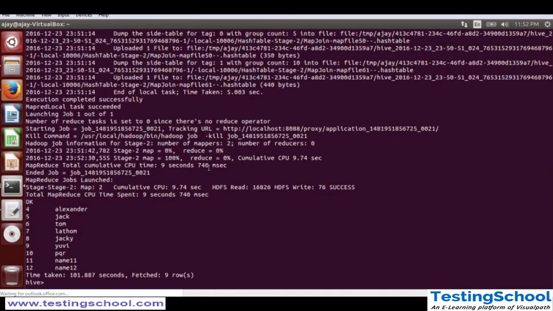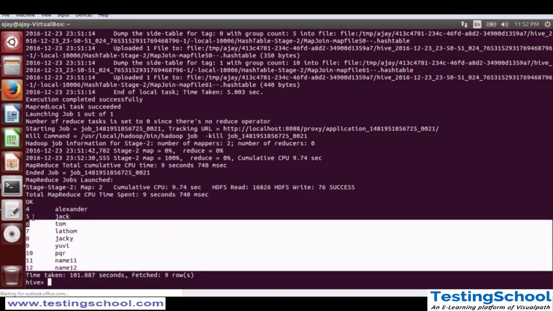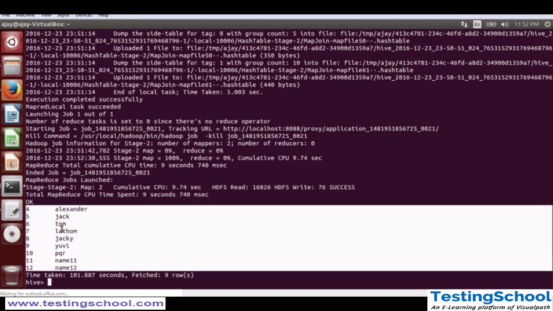So it is completely up to you how you use your join to get your count or to get your distinct values. So now you can see it has displayed the distinct values, like all the 9 records from both